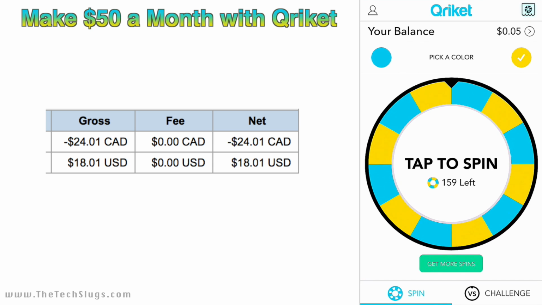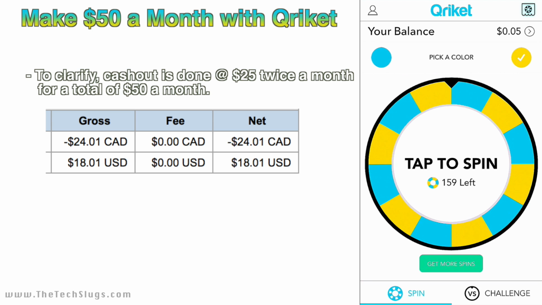And as you can see, it's not exactly $50 because I'm a US citizen. If you're Canadian though, you get pretty much $50. And the reason I'm not getting $50 exactly is because of PayPal fees and then currency conversions. But anyway, let's talk about making $50 a month with the Qriket app and how I've been doing it per